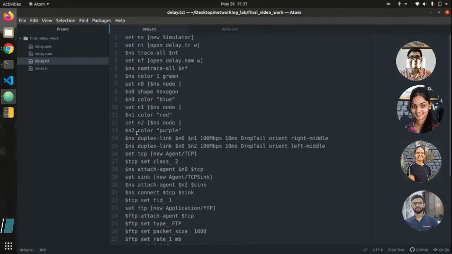Yeah, so let's start. The first file is delay.tcl. In line 1, we are creating an object of class simulator. For the next line, we are creating a trace file. Then in line 4, we create a nam file, and from line 6 to line 13 we basically are creating